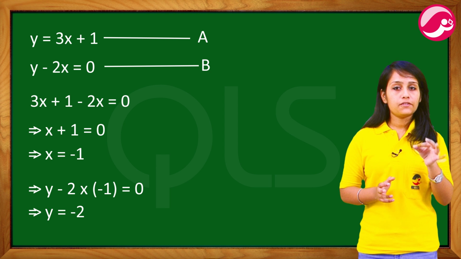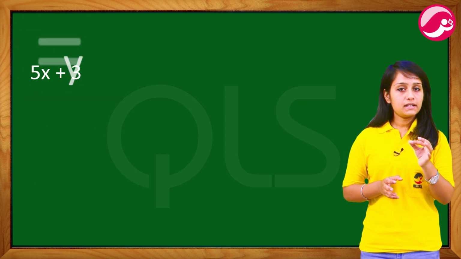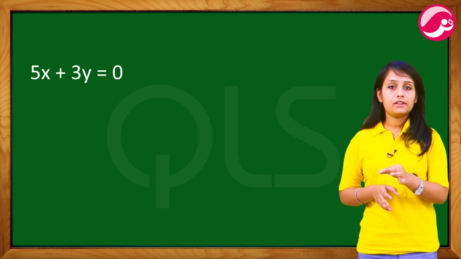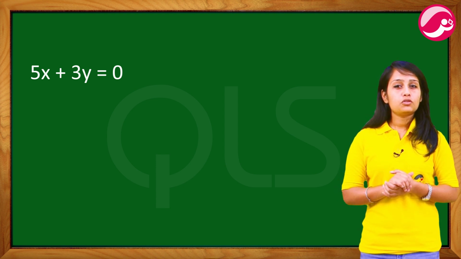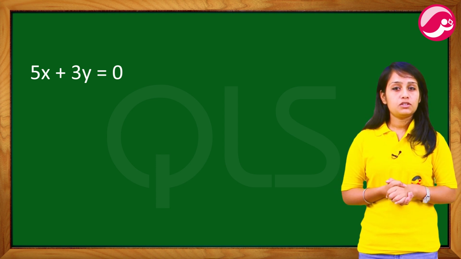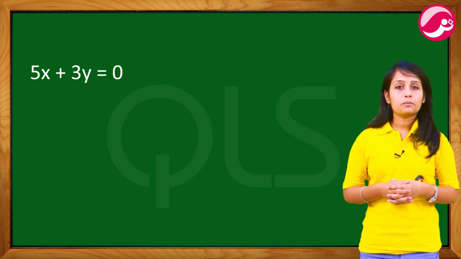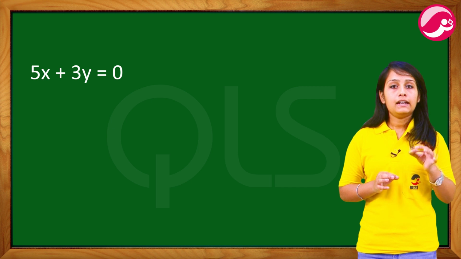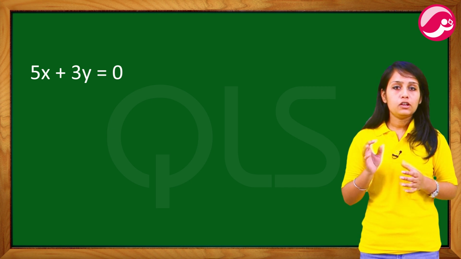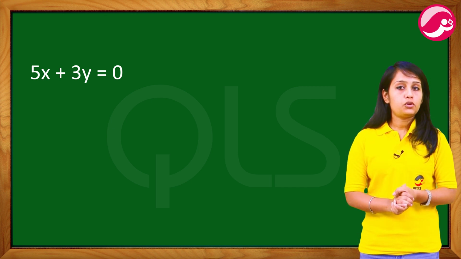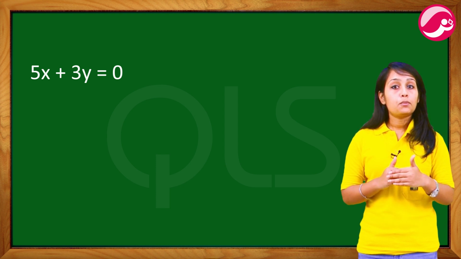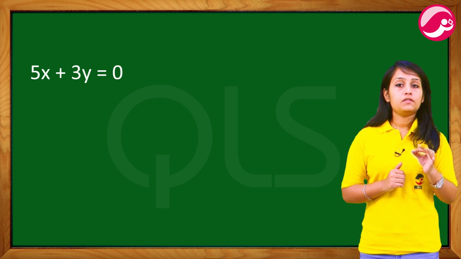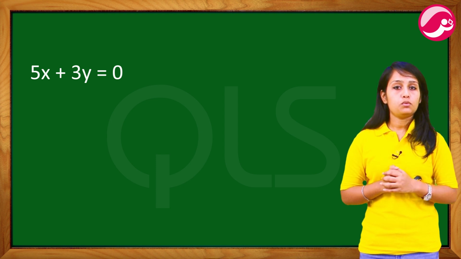For example, you are given an equation 5x plus 3y equal to 0. Can you use this to find the values of x and y? Maybe you can guess once, but you can't always guess. So you need two equations, and the values of the variables obtained from the two equations will be true for both equations, applicable to both, or satisfy both, or be the solution of both. That is, we obtain a common solution for both equations.